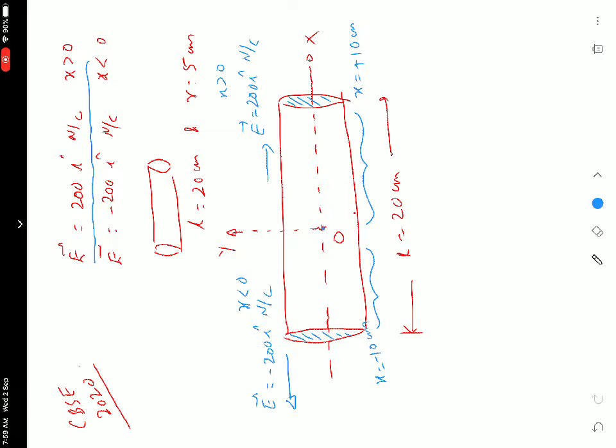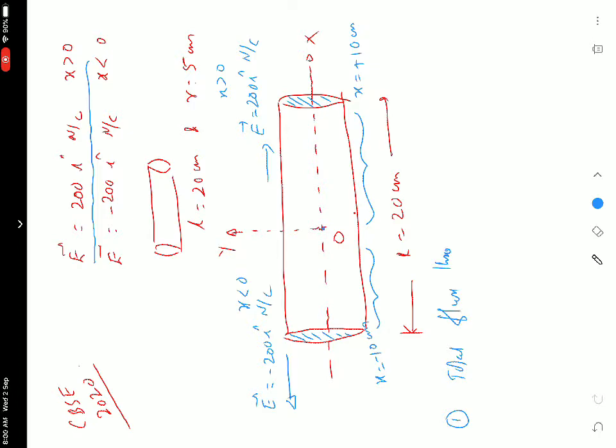So point number 1 is, I think you have seen the diagram. Toward the right face, electric field is toward right side. It is a special type of question. And left side electric field is toward left side. Yesterday in class we have seen a cylinder where on both surfaces, right and left, electric field direction is the same, and total flux we made equal to 0, you must remember. So here just reference that. Okay, so point number 1, you have to find out what is the total flux.